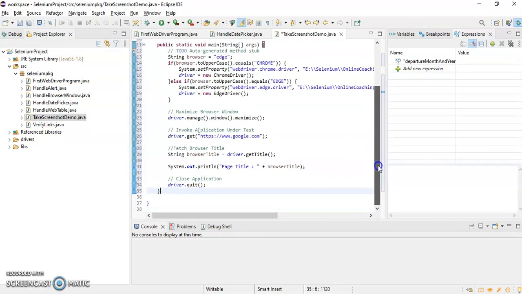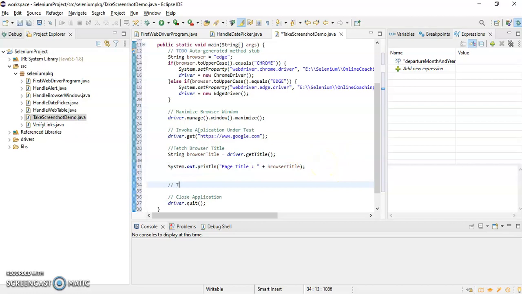For taking a screenshot, we have to take the help of the TakesScreenshot interface. So I'll write TakesScreenshot, and I have to give one reference variable, srcShot.